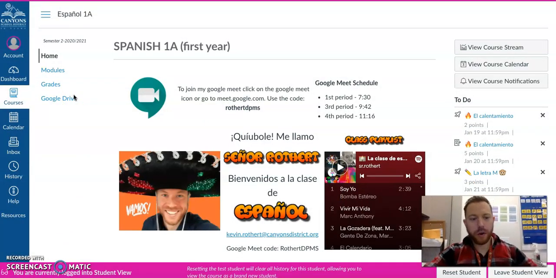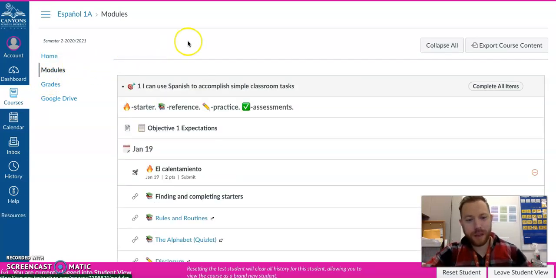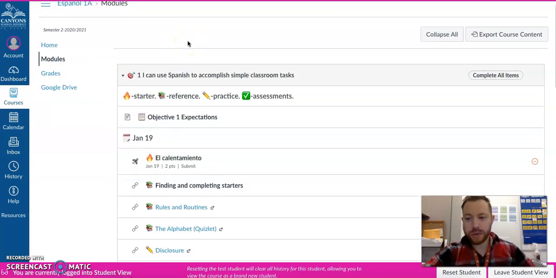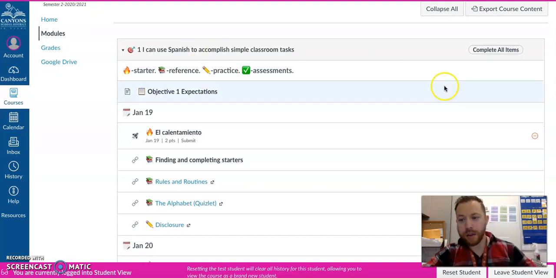Today we're going to talk about modules and how modules work in Spanish class. So we're going to go to modules. In modules, you will see several different modules throughout the year. Right now, there's only one because it's the beginning of the year. And you can see on the right side of the screen, on the right side of your module,